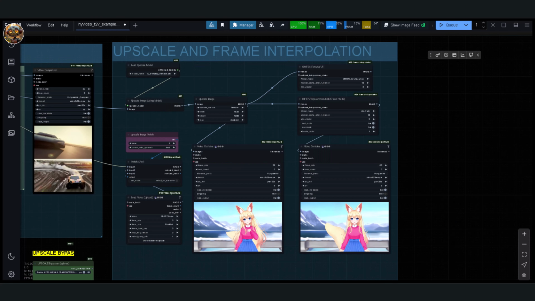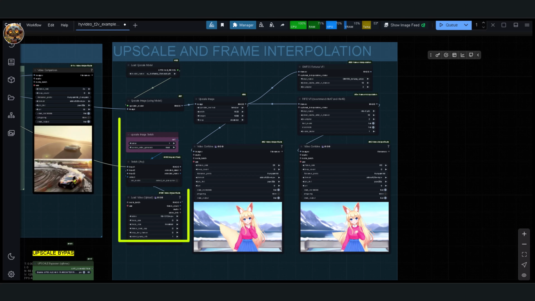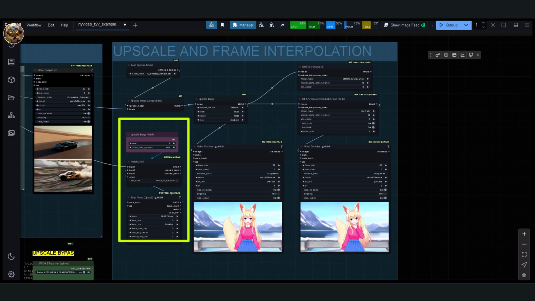The final group we're looking at is the Upscale group. This one's pretty straightforward, but super useful if you want to enhance the quality of your video. It includes 2 key components, the Load Upscale node. There's also a switch that lets you choose between uploading a video or directly passing the video you've just created